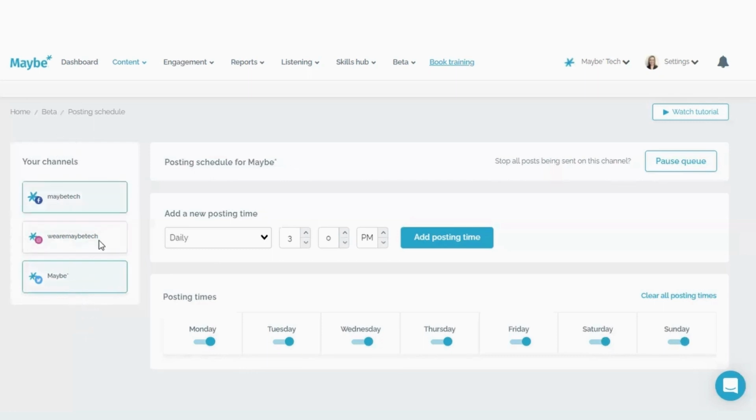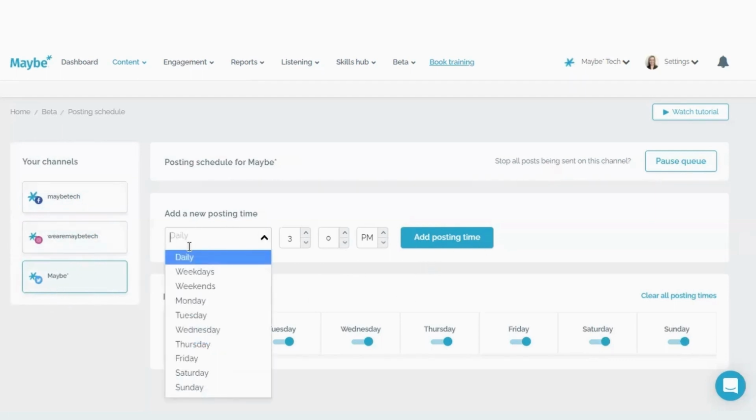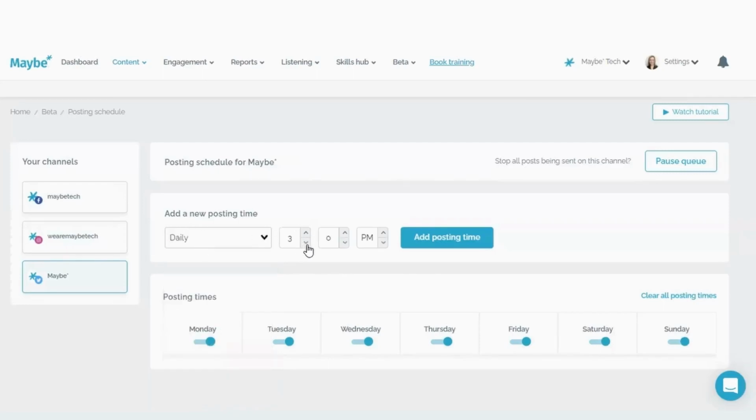So let me show you how to set your schedule. You've got your channels just here. You've got Facebook, Instagram, and Twitter. So you'd set different schedules for each of those, dependent on the optimum times to post for you. But I'm going to select Twitter, and then you've got an option here to select daily, which is every day of the week, weekdays, weekends, or you can set a bespoke schedule for each day of the week in turn. But for ease of demonstration, I'm going to select daily just here, and then I'm just going to pick a posting time